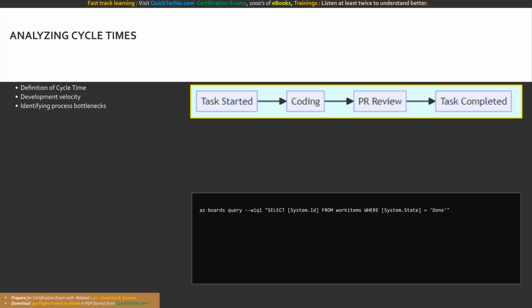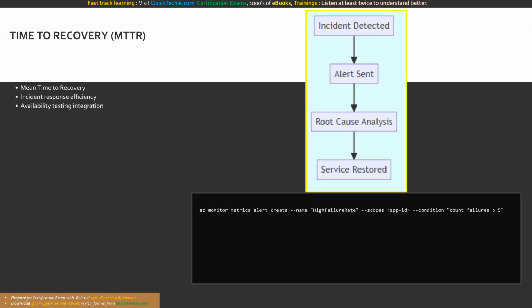Executing a query for done items allows analytical tools to calculate the delta between the in-progress timestamp and the done timestamp to find cycle time. Cycle time is isolated to the execution phase, starting when the task is picked up, running through coding and review, and stopping when completed. Mean time to recovery, or MTTR, is a critical operational metric representing how quickly a team